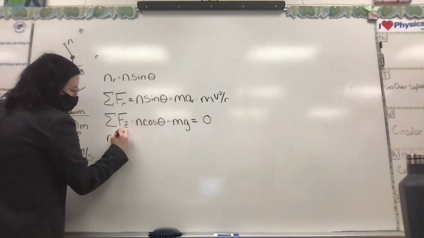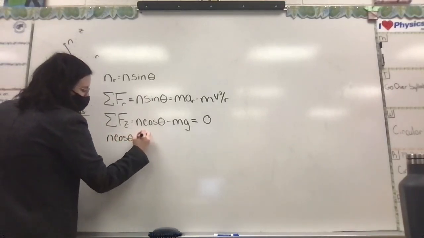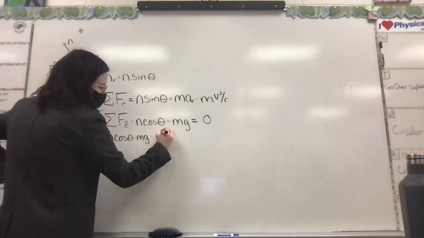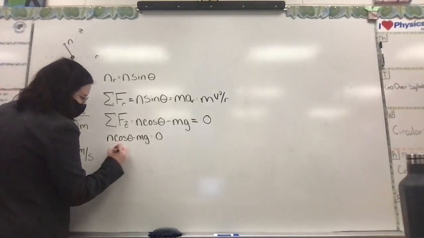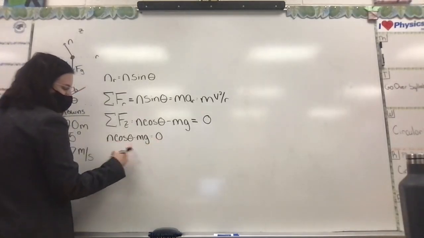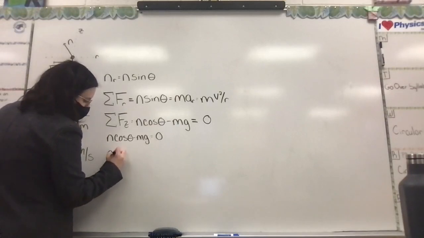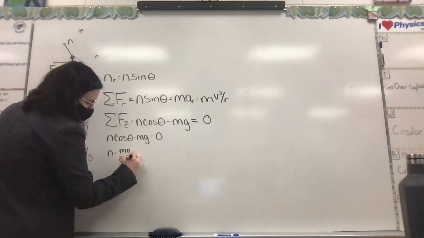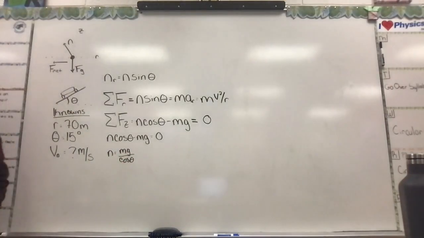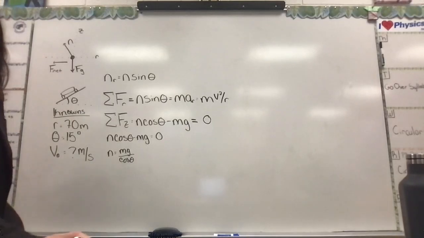So if we write out n cosine theta minus mg equals 0, how do we rearrange to solve for n? N equals mg divided by cosine theta. Yeah. So we would add the mg to both sides, and then we would divide by the cosine. So we're going to have n equals mg over cosine of theta. Are we all hanging in there right now? Are we good? Yeah? Awesome. Okay. So now that we have that,